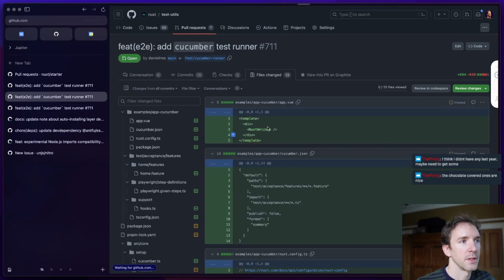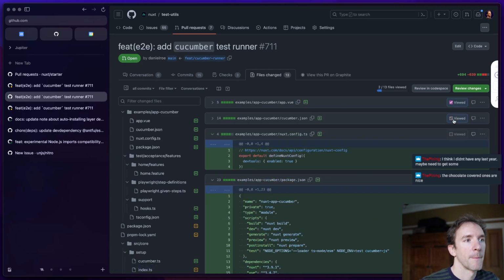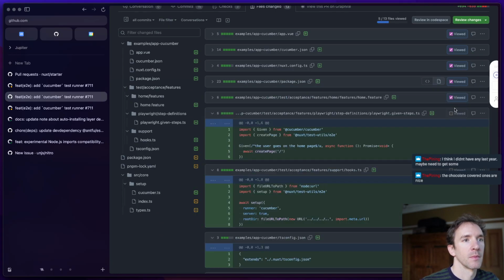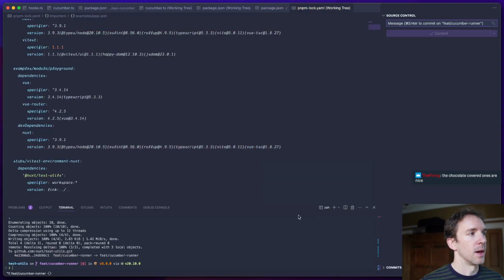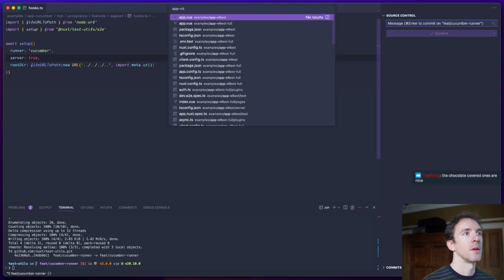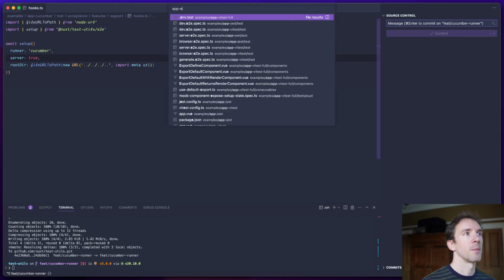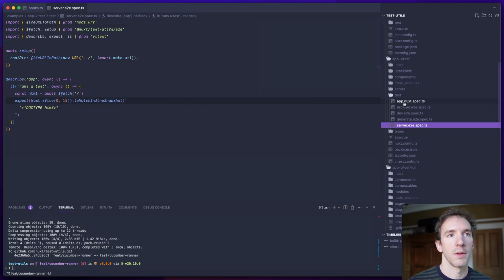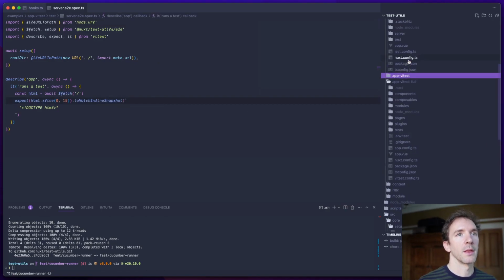Okay, let's just check that this is still good. We should probably add some kind of assertion, shouldn't we? Because I'm aware that this is probably not the best. So in our basic app, what do we have? An app vtest. We have like some examples, don't we? So we basically have server generate that we have these. We should probably replicate those in our cucumber test